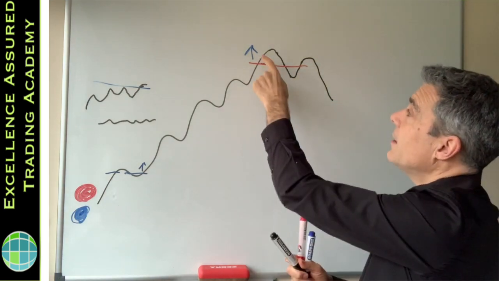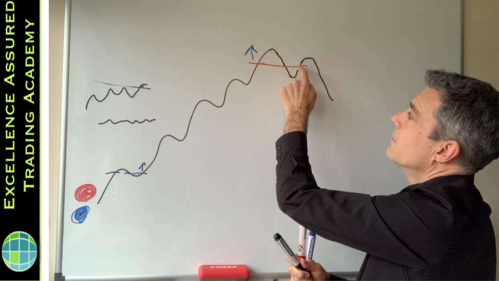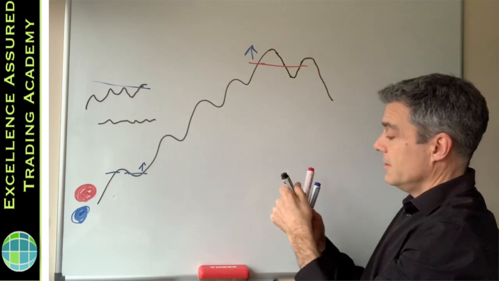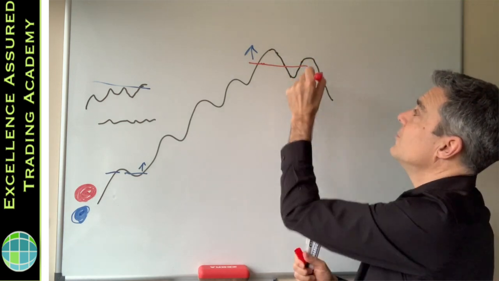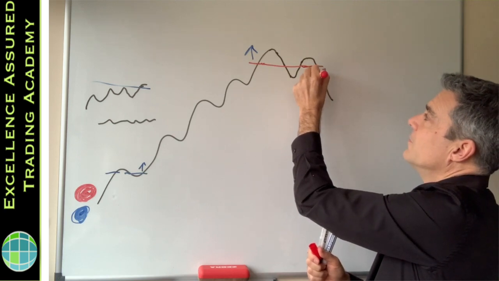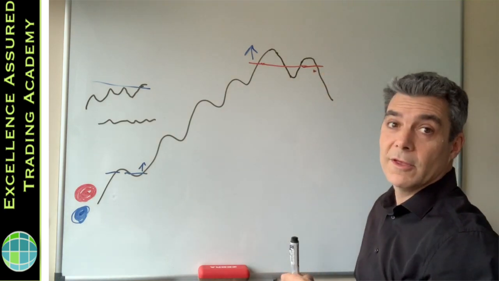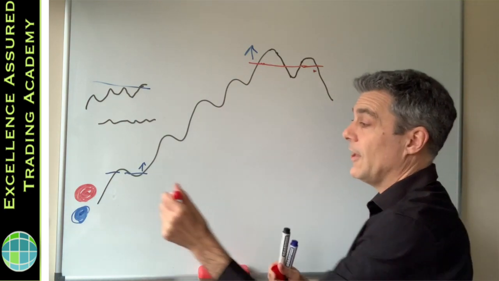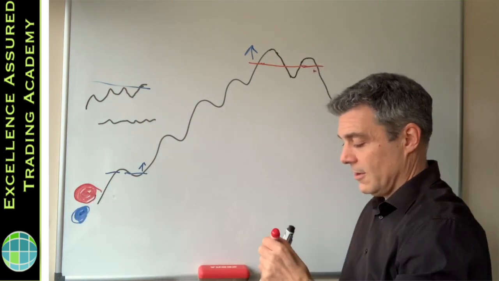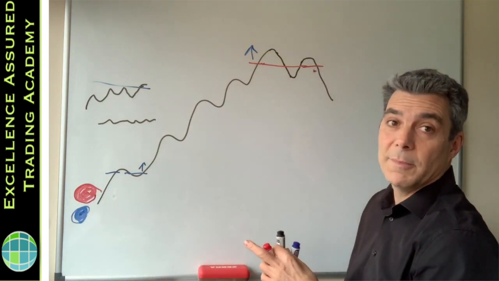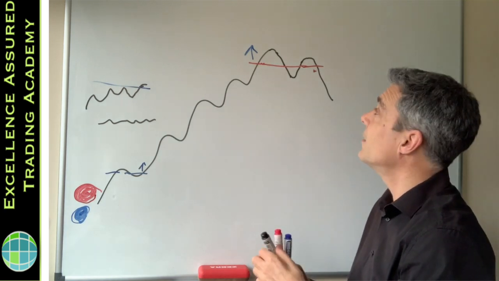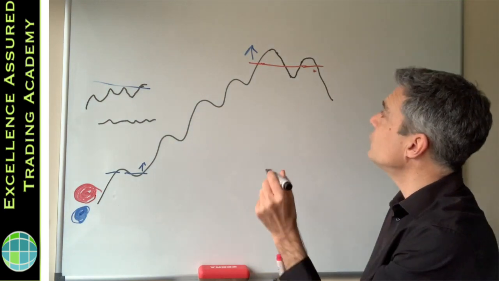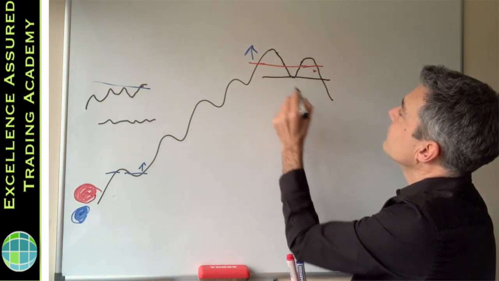Now, think about these people here who bought here. They thought prices were going to go up, they thought they were right, and then they're now back into a losing position here. They're going to exit their trades, they're going to sell, and they're going to add themselves to this pile here of sellers. And the sellers are going to become more powerful than the buyers at this stage, and that's when trends reverse.